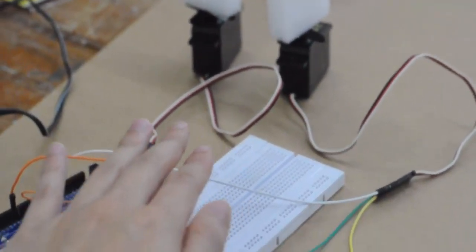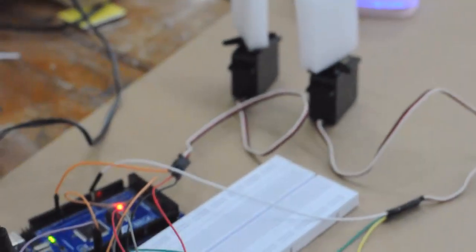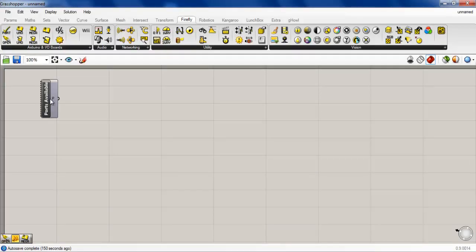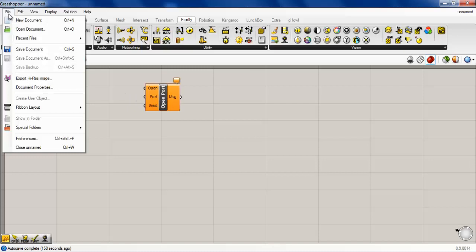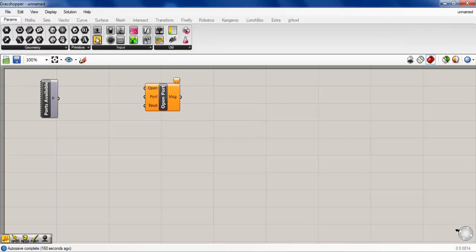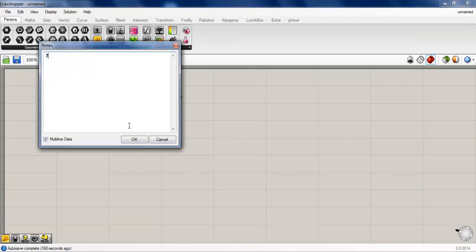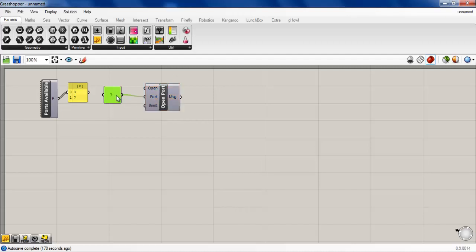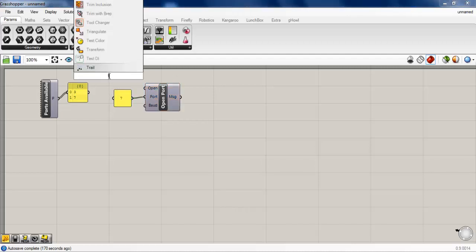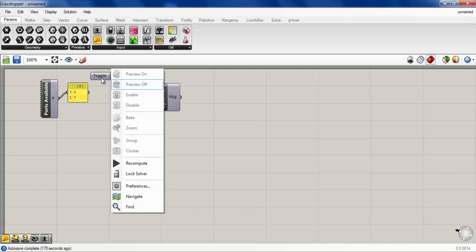And in this tutorial we'll also be looking at the data in Firefly. So like previously, we used this parts available component to check which part there is, and here we have 3 and 7, and also using the open part to decide which one you want to open. And by using a toggle,